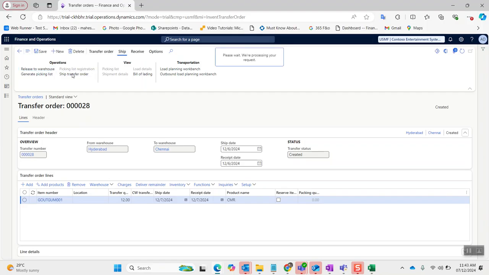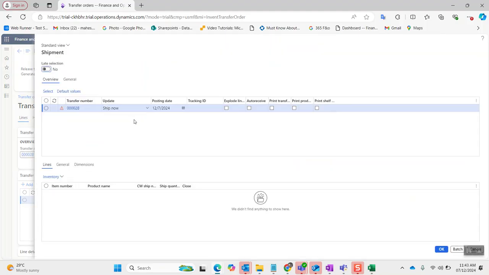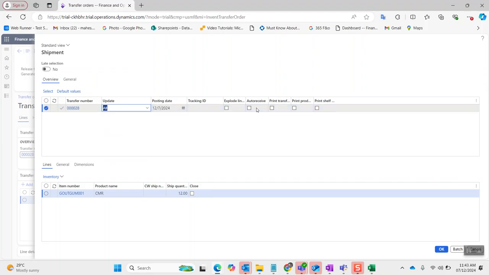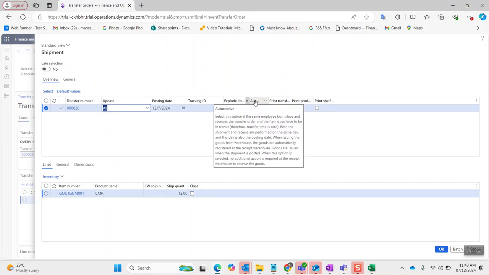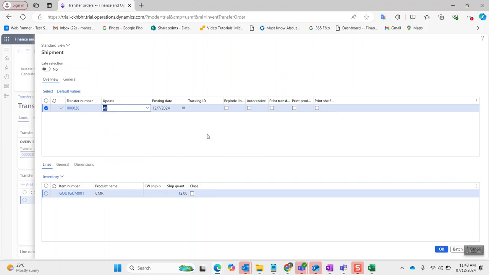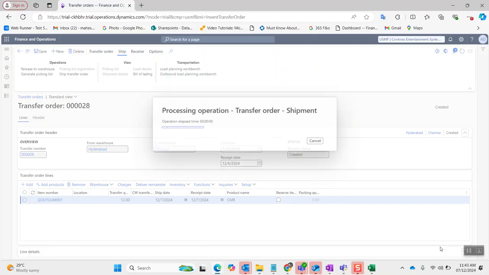Once I click on ship transfer order, here I will update the status as all, and you can see there is an auto receive, the second checkbox in this particular line. If you check this second checkbox and click on OK, what will happen is it will auto receive the product. Okay, so currently if I click on OK, now you can see